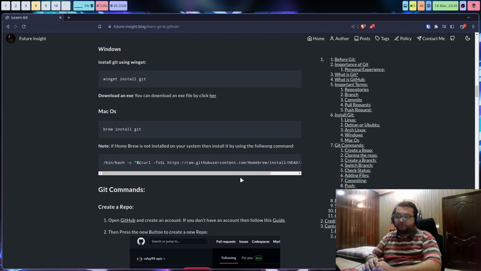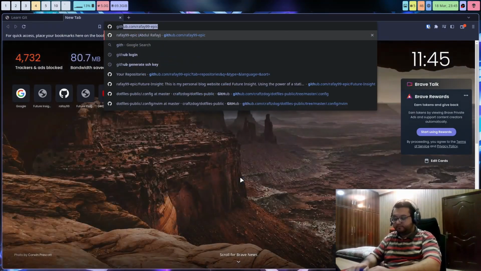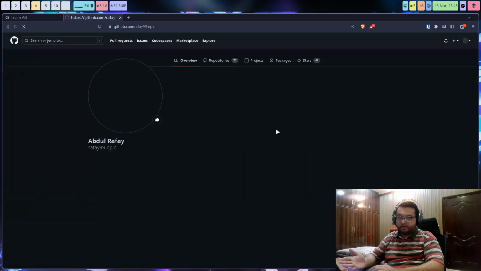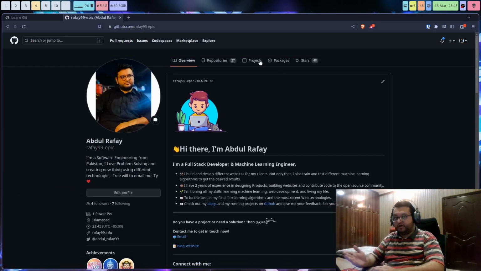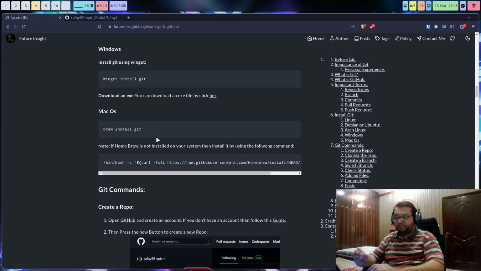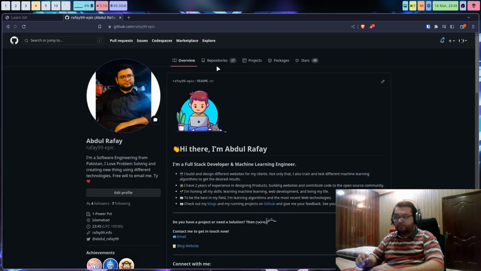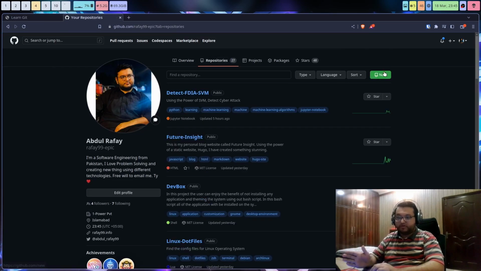So first of all, we will visit GitHub, github.com, and I'm already signed in. But if you do not have an account, I have given specific instructions on how to create an account on GitHub. So first of all, we will create a repository. This is my profile. You will click this green button to create a new repository,